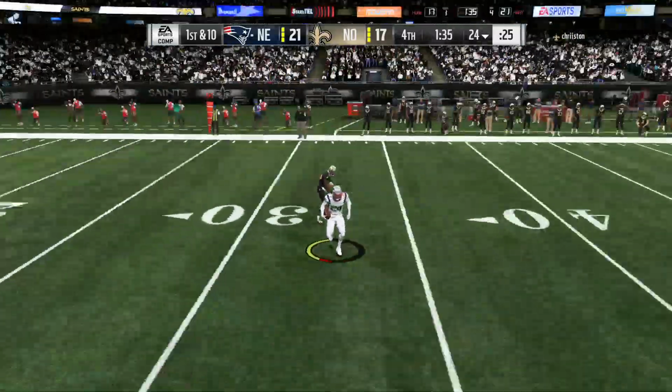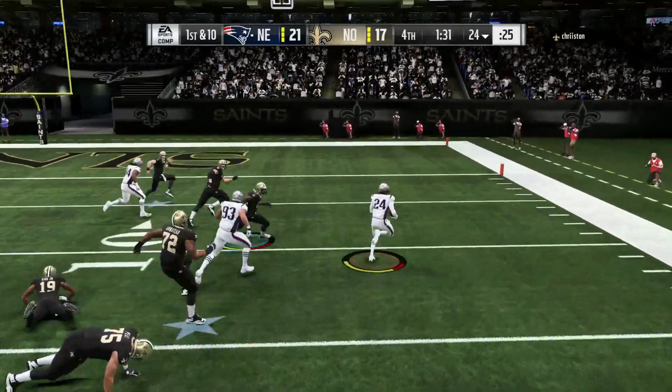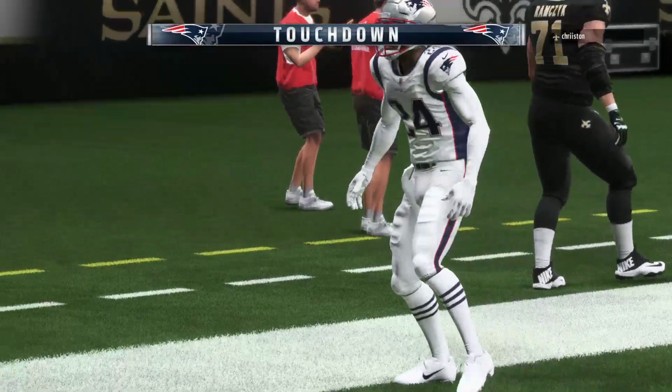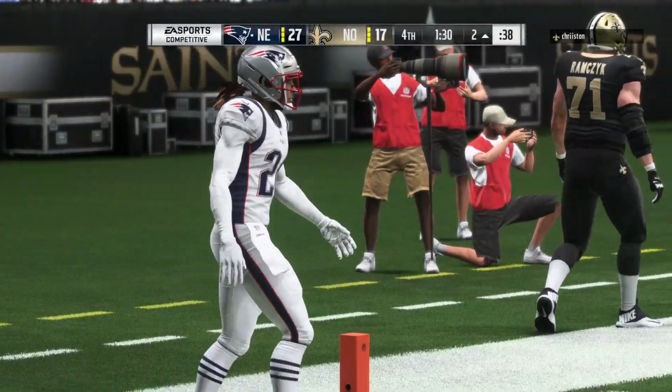Finish things off. And, oh, a crusher there as it's intercepted. Picked off by Stephon Gilmore, and he will score. Touchdown, Patriots. I don't know who all is to blame there, but